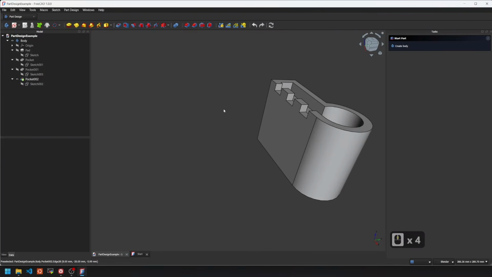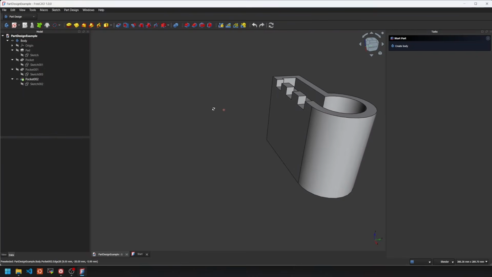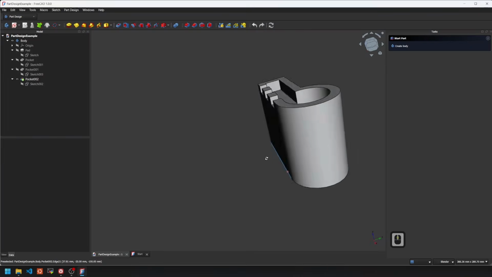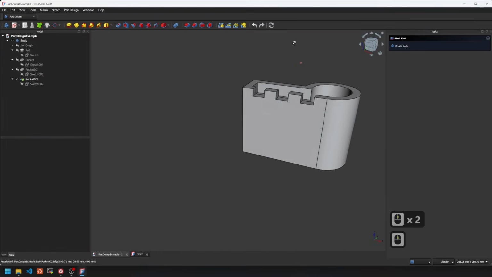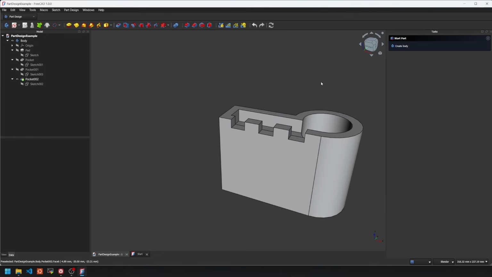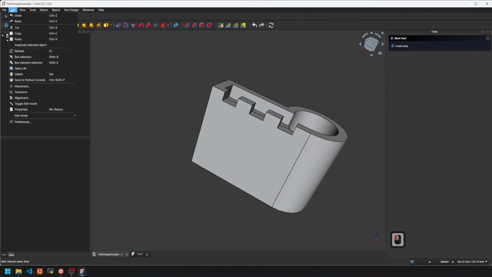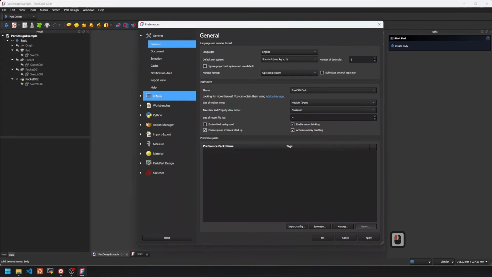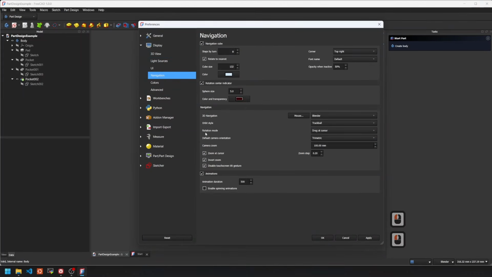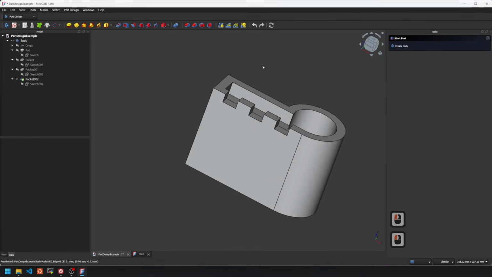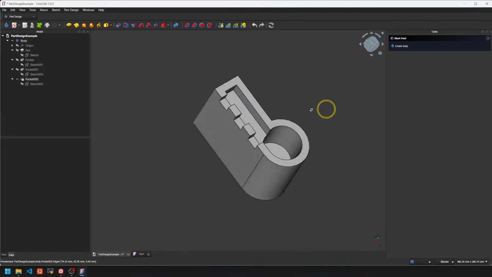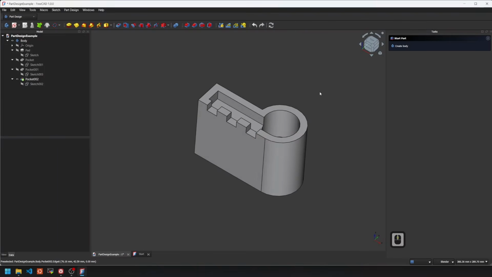And right now you can see if I rotate my object around, the point at which this object is rotated is marked with a red sphere. And right now it's a bit inconvenient because it always rotates where I click with the middle mouse key. But we can simply change that. We have to go to Edit, Preferences, then we go to Display and Navigation. Under Rotation Mode, we set it to Object Center, which means it will always rotate our object at its center. So if we are now rotating it, it's rotating at the center of the object, which feels a lot more